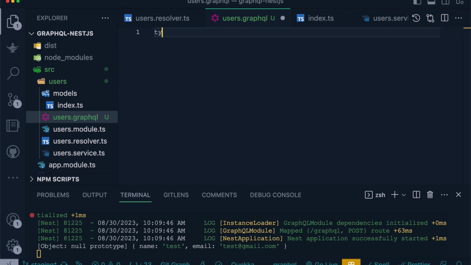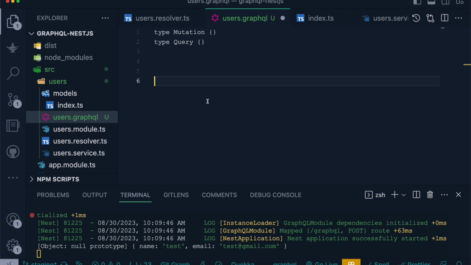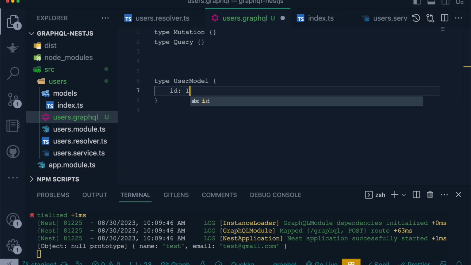So here we will have type mutation, where we will define our mutation functions, and type queries, where we will define our queries. Now let's first define our models, like our user model and our create user model. So in GraphQL syntax, first we will define the prefix with type and user. Inside this user model, let's add ID, which type will be ID,